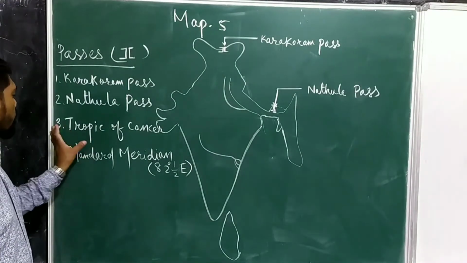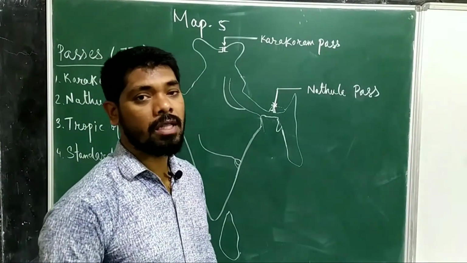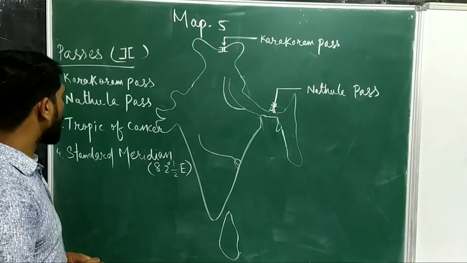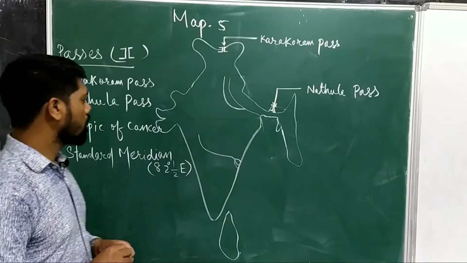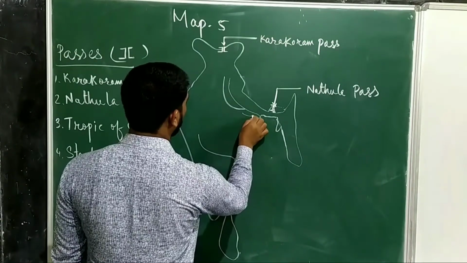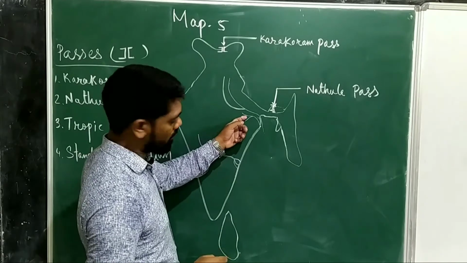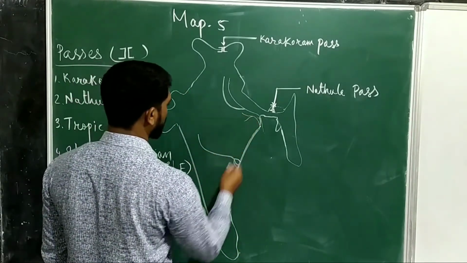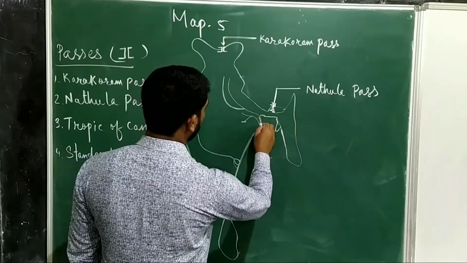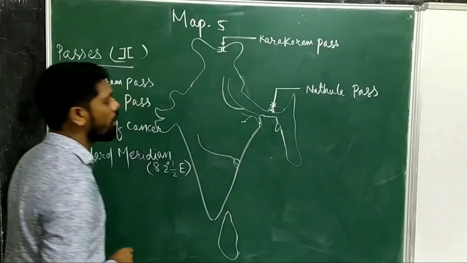And for labeling the Tropic of Cancer, I said you need to learn the rivers, then only will you be able to mark all the other maps of India. For labeling the Tropic of Cancer, there are three places that you need to keep in mind. The first one you see here: the Damodar river is there, right? The upper one is the Damodar river and the lower one is a tributary. There keep one point, and on the eastern side of that the Hooghly river is there, so there also you should keep one mark.